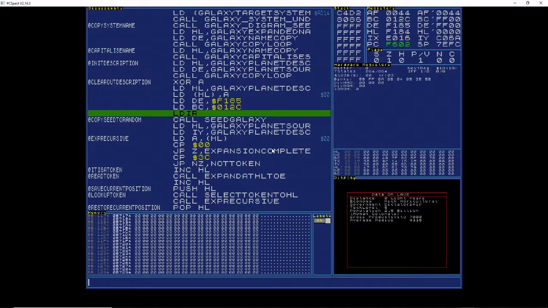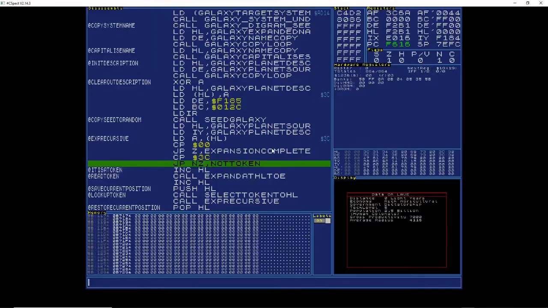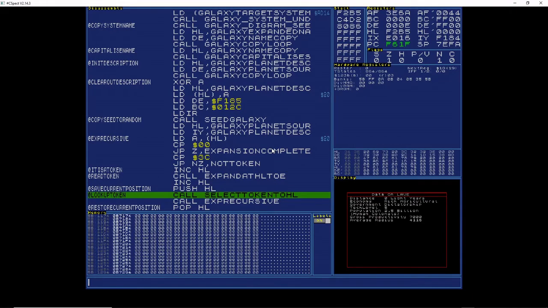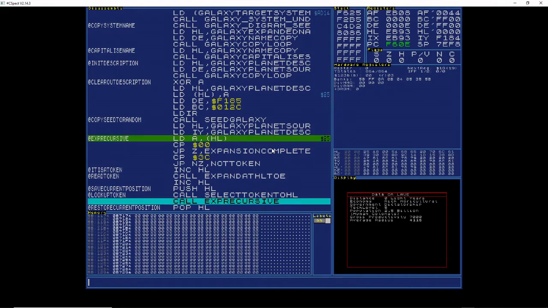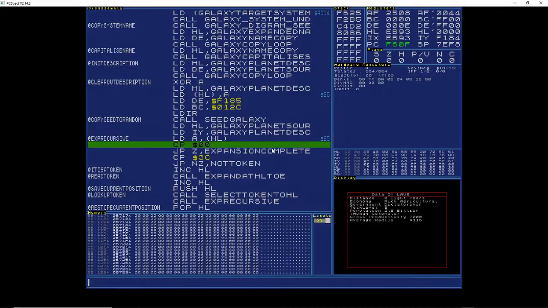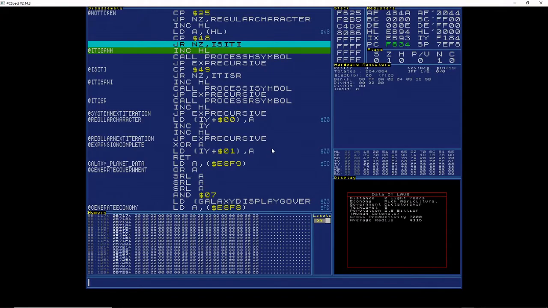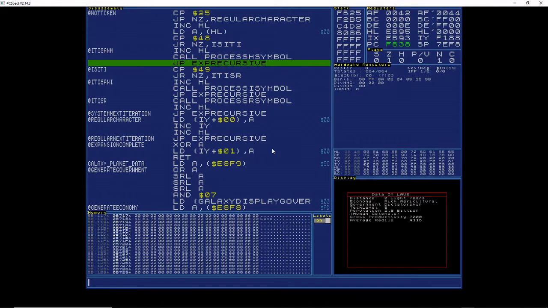Go through here, I set my seeds up, and I'm going to call expansion, HL to DE, inc HL, call selective token, call expansion recursive. Go through here, process H symbol,